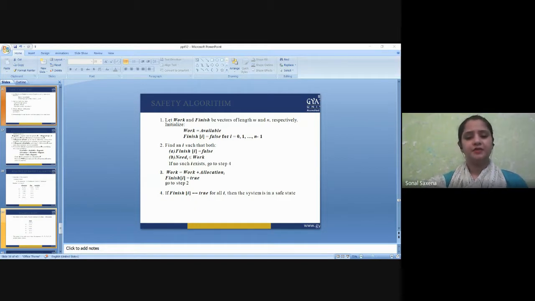So the algorithm is fairly straightforward once the distinction between safe and unsafe state is understood. Now, the question comes: can the request be granted? If not, the request is impossible and must either be denied or put on a waiting list. The second step says, assume that the request is granted. Third, we ask, is the new state safe? If so, we can grant the request, and if not, either deny the request or put it on a waiting list.